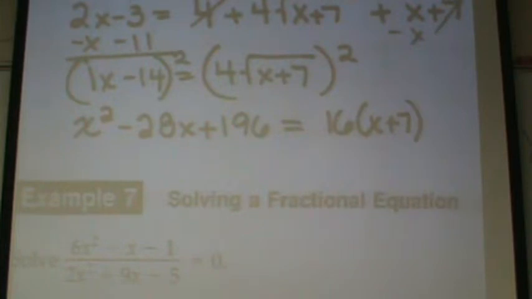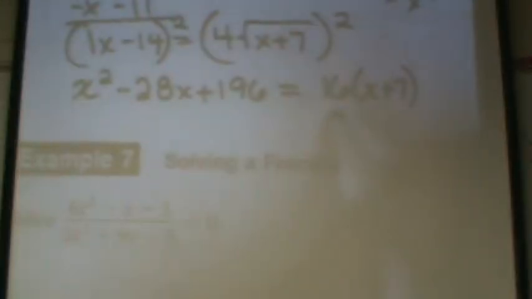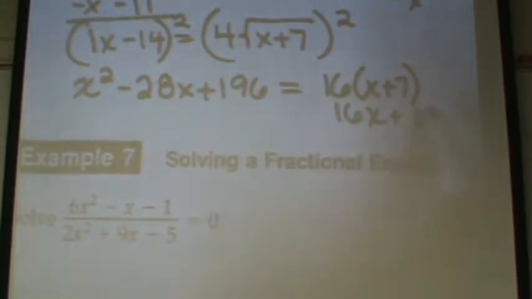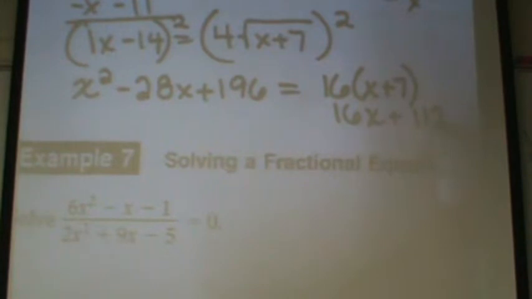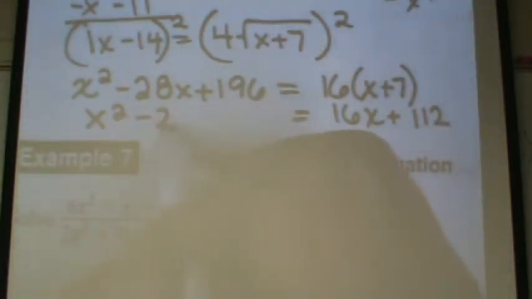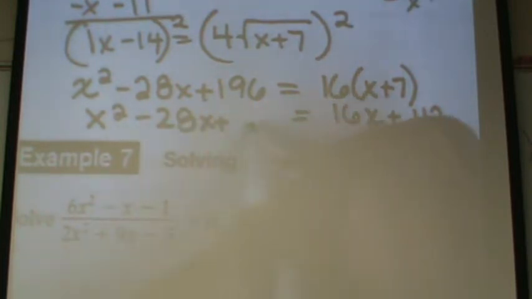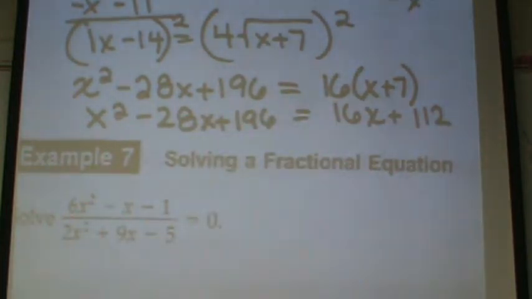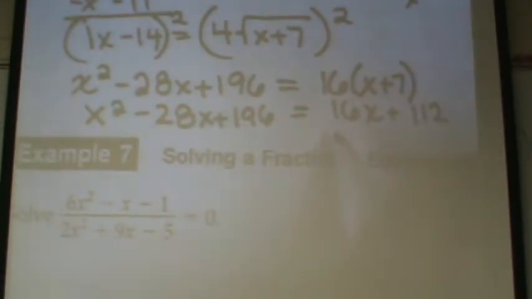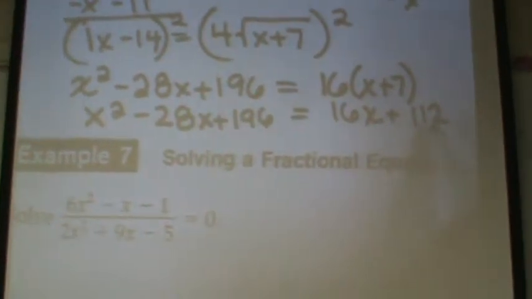Now what? Distribute, I heard. Distribute what? The 16. It's 112. Next. Then what? The 16x. Get a 0 on one side. So we're going to subtract 16x and 112. You end up with, when you do the subtraction,